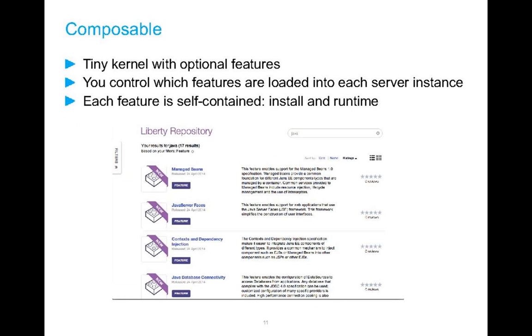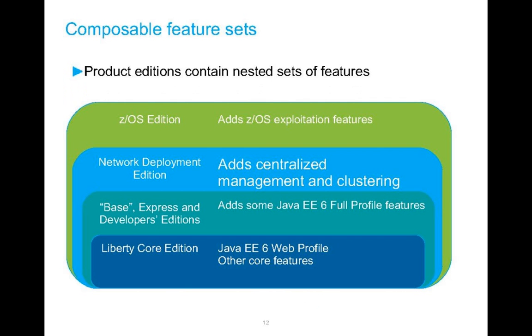So basically, you have different editions of Liberty as well, just like for WAS, where you had network deployment and base express. So basically, the smallest one is the Liberty Core edition, which has the Java EE6 web profile. In addition to that, it has additional features like JAX-RS and so on. Then there is the base version, that is base express or developer editions, which are all the same for Liberty. And it adds some more of the Java EE6 profile features like JMS, for example,